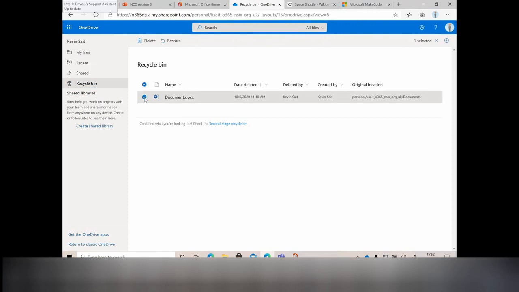Okay, so we get a period of life of the document of 90 days in the recycle bin. And then once it's done that, it goes to a second stage recycle bin. So with your Office 365 admin tenant, you will be able to recover a document older than the 90 days as well. And hopefully, by 90 days, you would have definitely realised you've deleted it and you want to find it. Okay. So OneDrive there is really